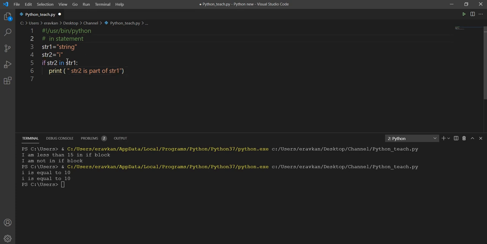So this in is very useful. Mostly we will use it with a list, which I will explain in upcoming topics.